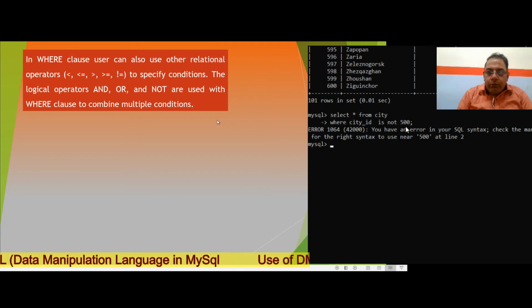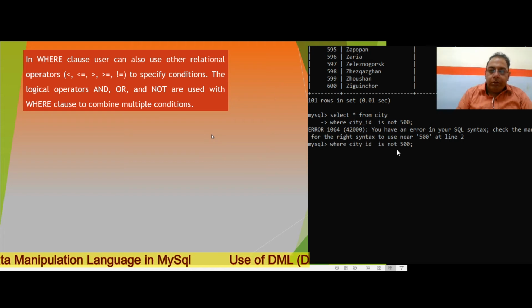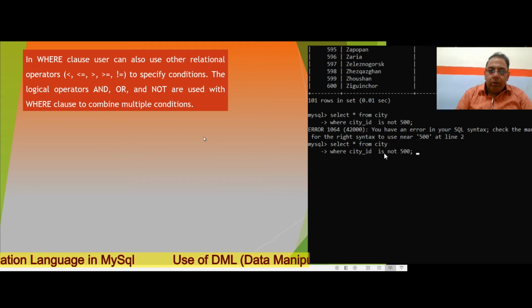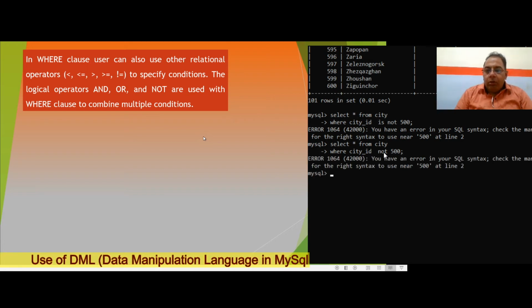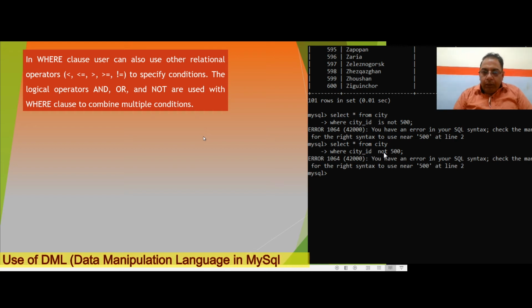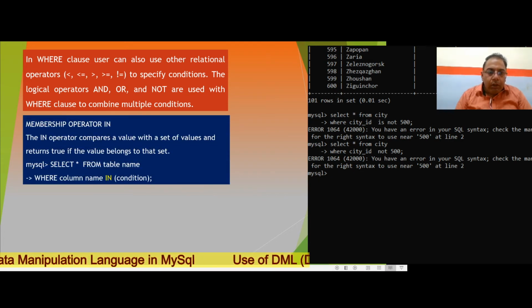Sorry, is not. It is showing an error: you have an error in your MySQL syntax, check the manual that corresponds to your MySQL server version. It is displaying an error. I will do the same after completing this lesson.